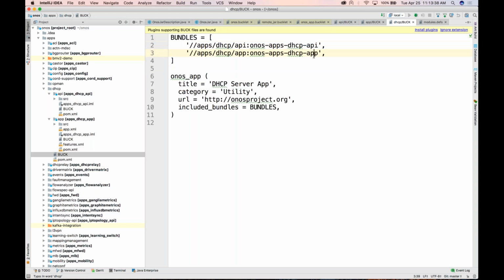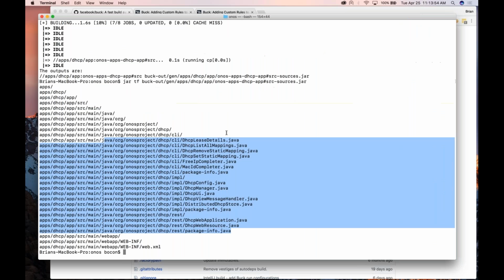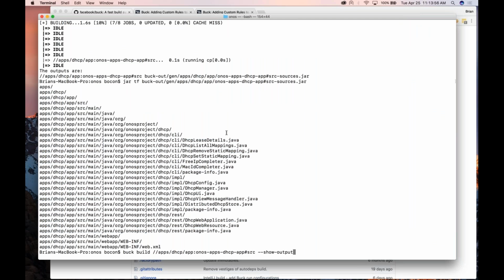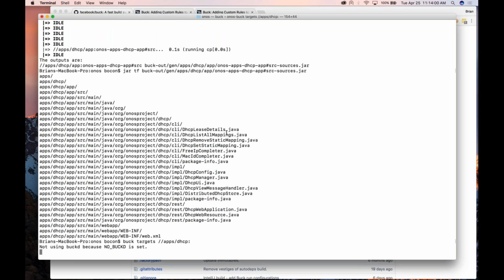DHCP API, DHCP app, located in API and app. And then we create an ONOS app, which has a title, category, URL. We could have provided more parameters here, and then also included bundles. So these are the bundles that are going to get packaged alongside this app. Okay. And if we look at targets again, what we'll see is that this ONOS app target